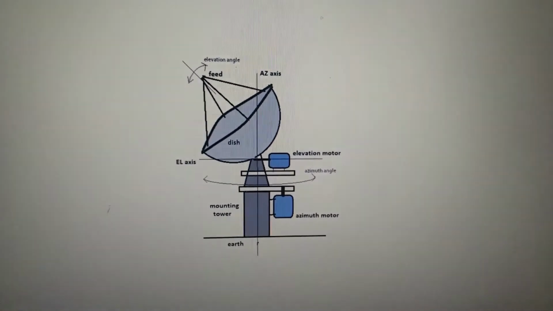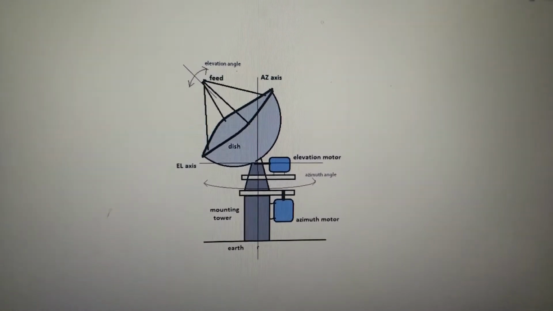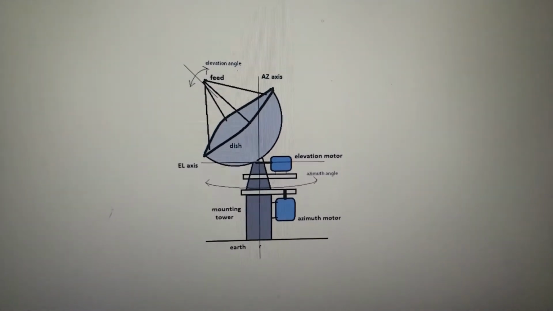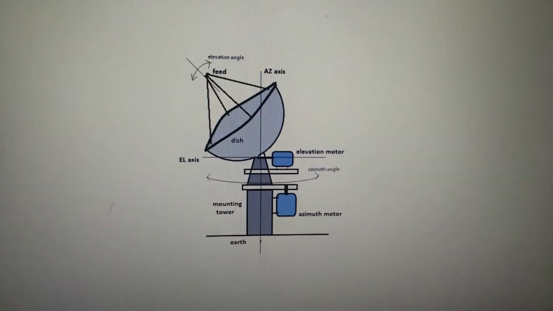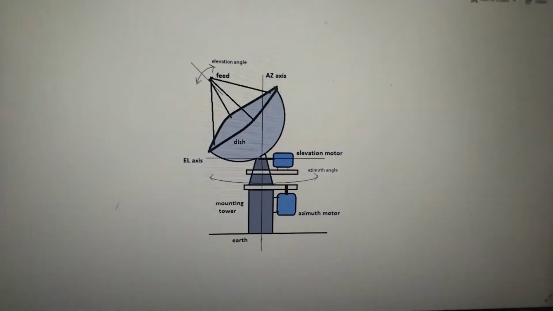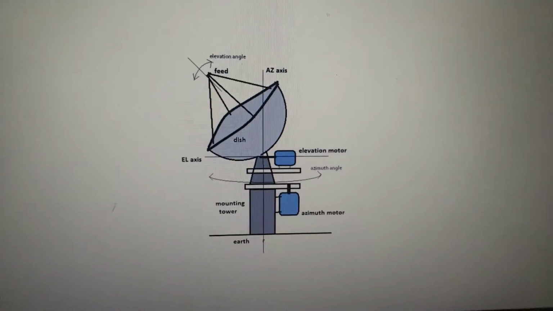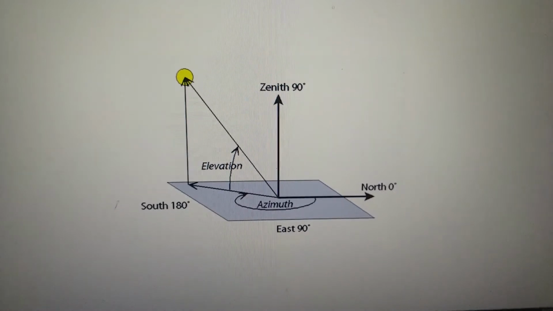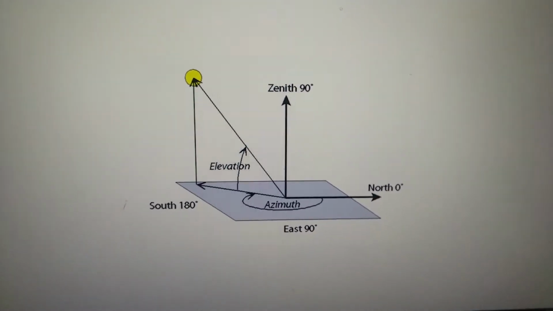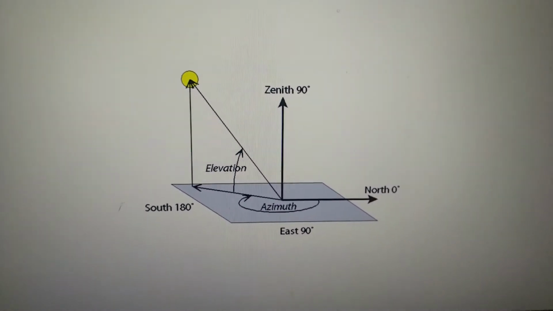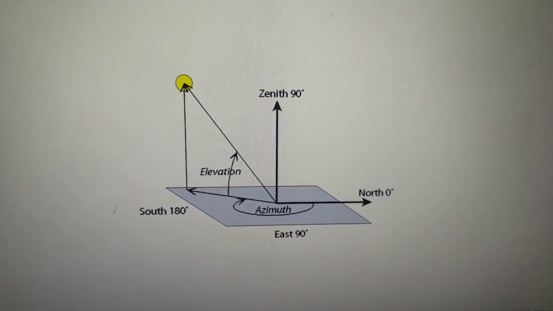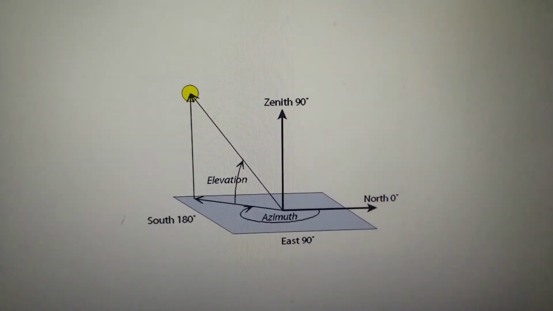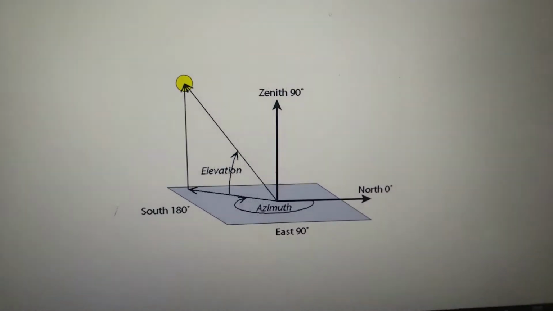So the dish antenna or parabolic reflectors are the most common type of directive antennas when we require a higher amount of gain. When we talk about pointing a satellite dish, the two primary considerations are the angle of azimuth and the angle of elevation. The angle of azimuth is also known as the horizontal angle and the angle of elevation is also known as the vertical angle. In this project, basically we are going to set these angles by using an Android application.